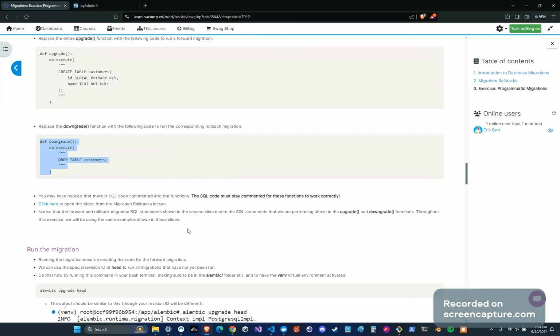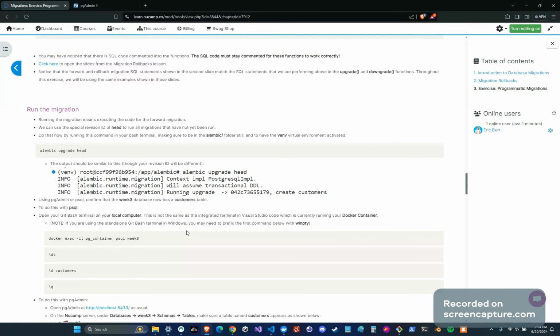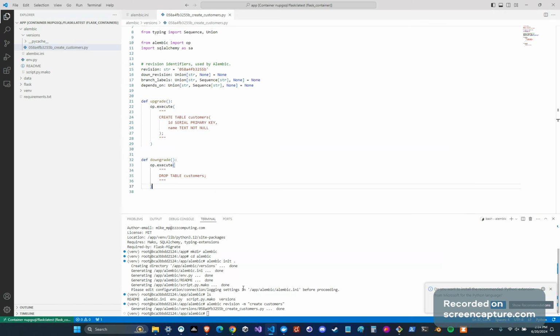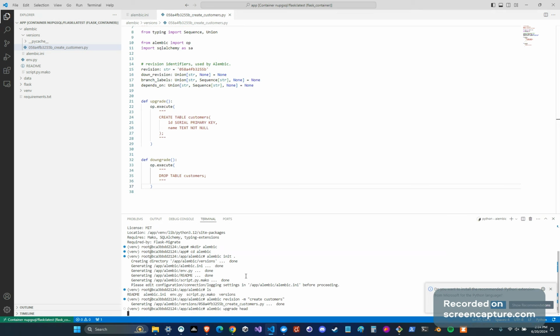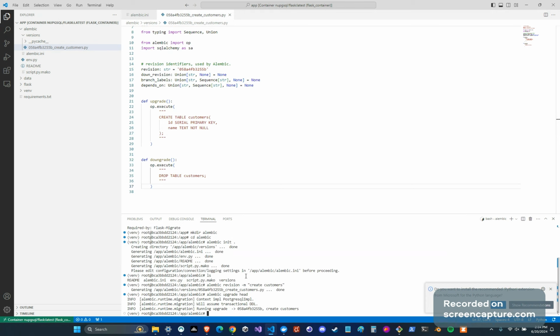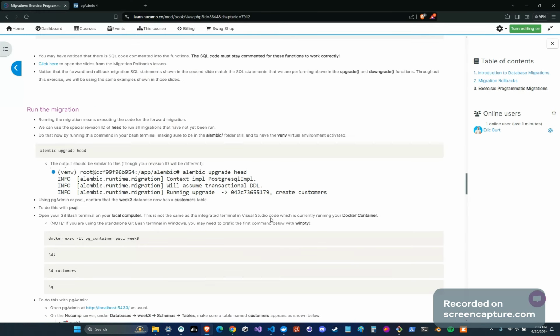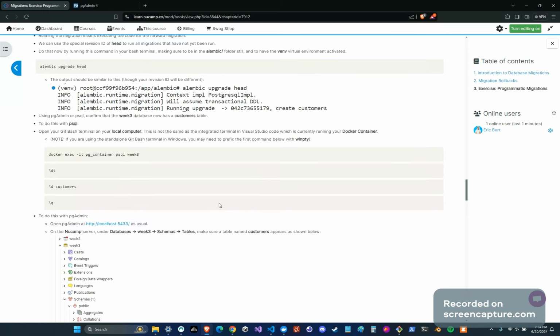Now we just have to go run that migration. If we want to run that migration, we're just going to say Alembic upgrade head. Alembic upgrade head. Enter. Good. So it went and ran that migration. And you could do this inside the command line. Look at the actual